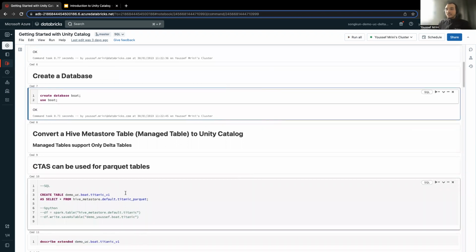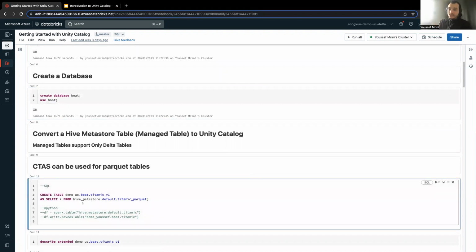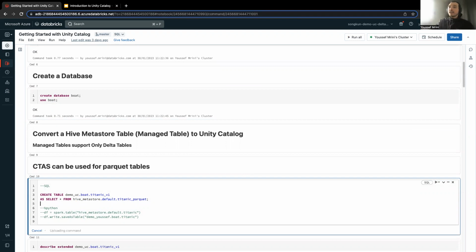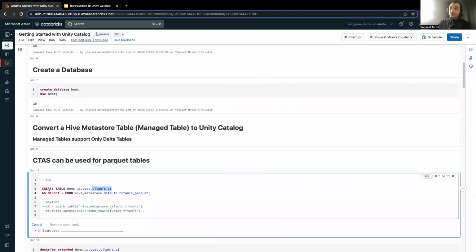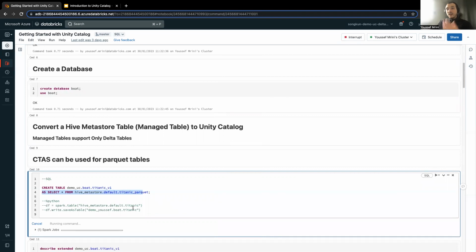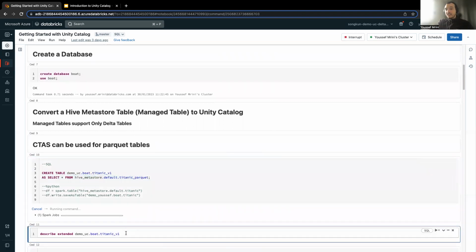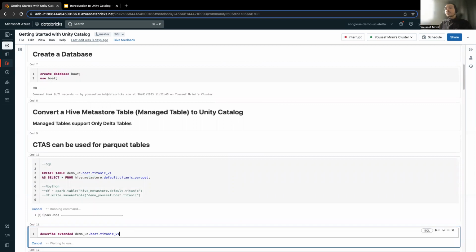Then the first thing I'm going to do, let's suppose I have a dataset in the legacy Hive metastore, which is hive_metastore default parquet. To migrate my data, for example, to Unity Catalog, I can just run this create table, demo_UC boat. I'm going to call the table Titanic_v1, and I'm going to feed it with the data coming from this specific table. Once this table is created, I'm going to run describe extended, and you will see that I'm creating my first managed table